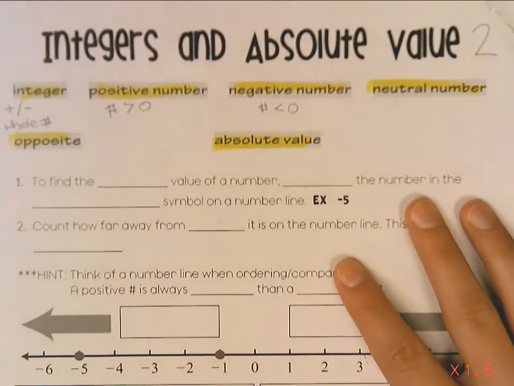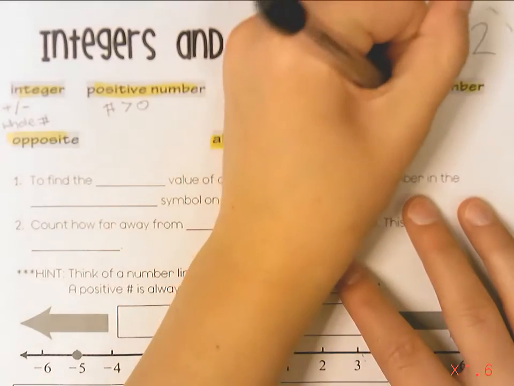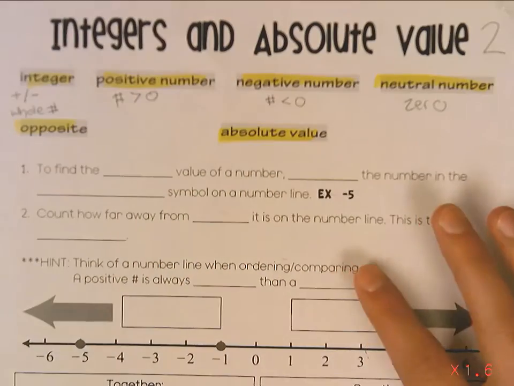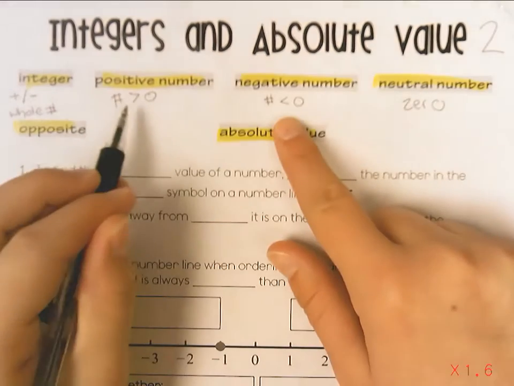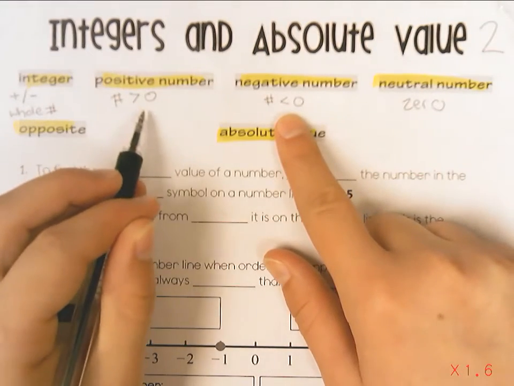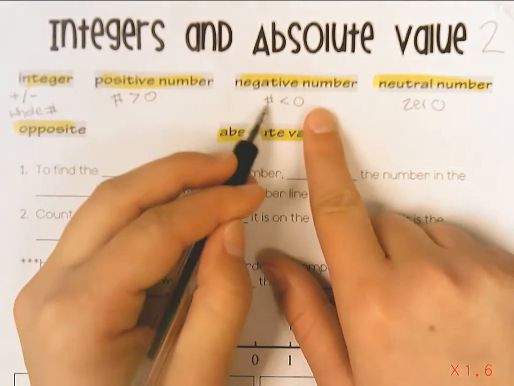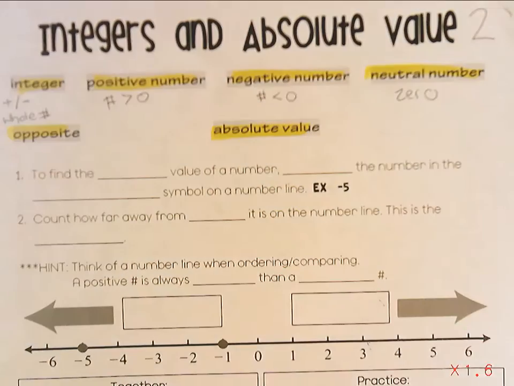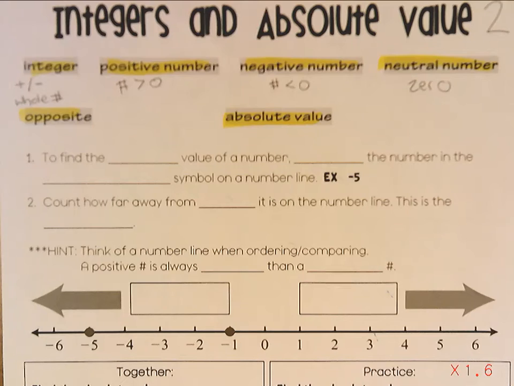Okay, a neutral number, there's only one neutral number, and it is 0. So if you notice, there's no equal sign under this. It's just numbers greater than, numbers less than, and 0 is a neutral number. Okay, these two words are new to us. We have opposite. Opposite are numbers